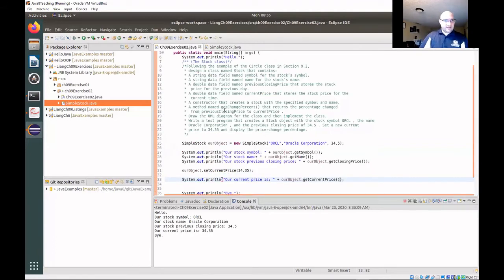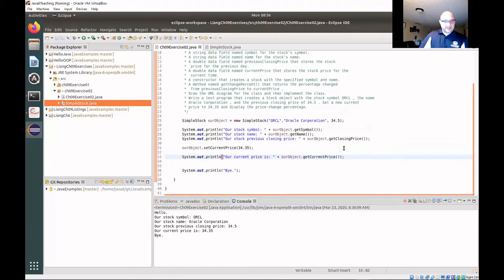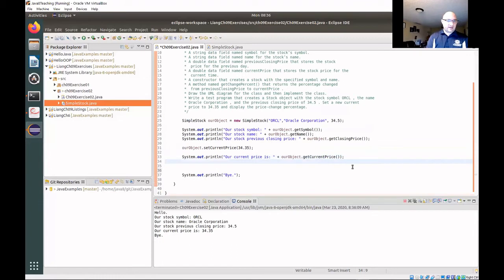And now we can display the price change percentage. Okay, so let's do that. And so let's do our object dot get price change